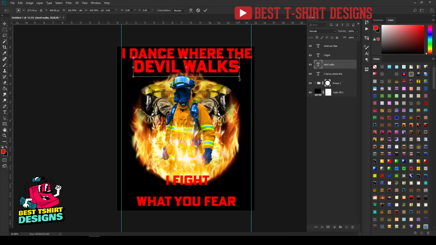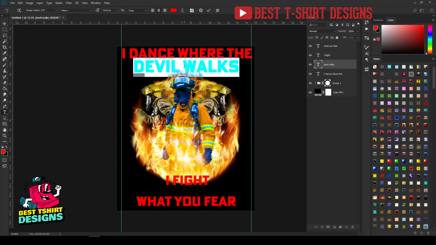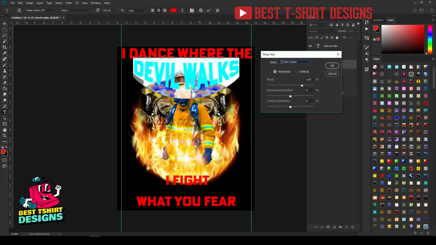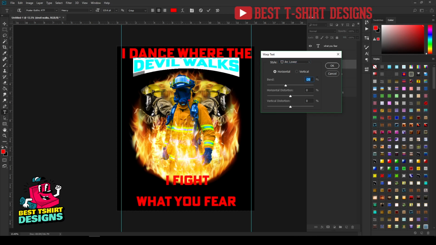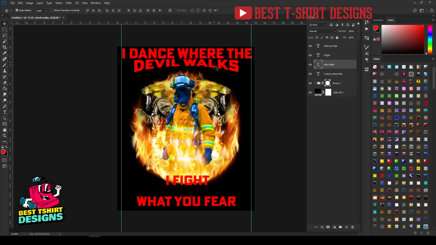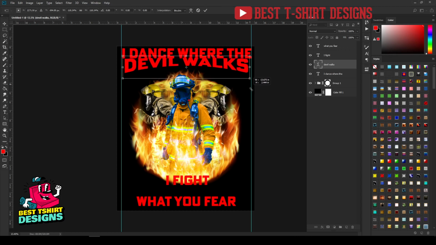something like this. And then I can simply add some text effect to it, like if I double click here, it is going to make a selection. Then if I click on this text warp option, create warp text option, and then here I will find the same options as in my Illustrator. So I want to make it like arc lower, and then not in this direction, I want to go in the negative direction, so minus 10 or 20% maybe. Then click OK. Now for making any further changes, you have to click on this tick mark, or you can press Enter on your keyboard. That will finalize the changes you are making right now.